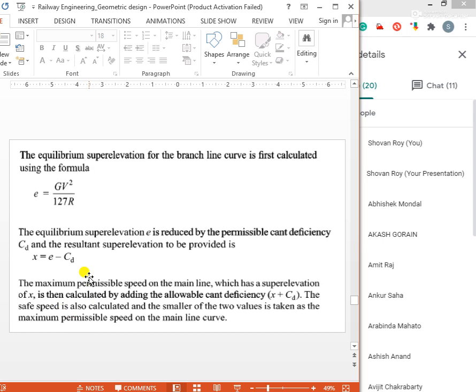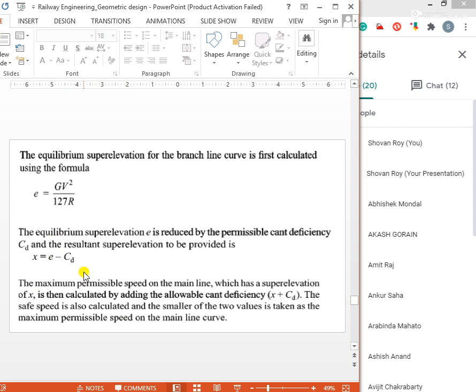Super elevation deficiency or cant deficiency. So resultant super elevation is required. Resultant super elevation equals E minus CD. E is the equilibrium super elevation: the balanced super elevation for equilibrium speed is called equilibrium super elevation. So equilibrium super elevation minus cant deficiency for the particular curve, and cant deficiency is the difference between the train